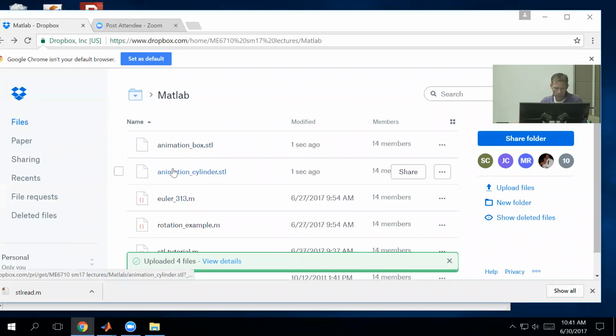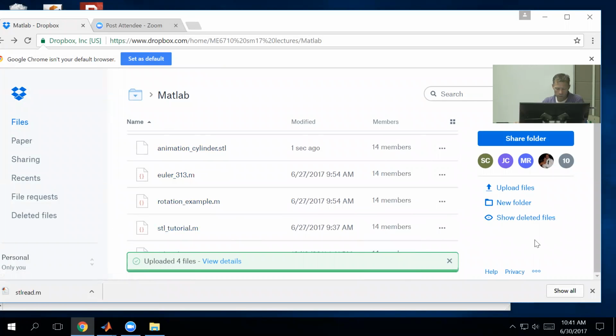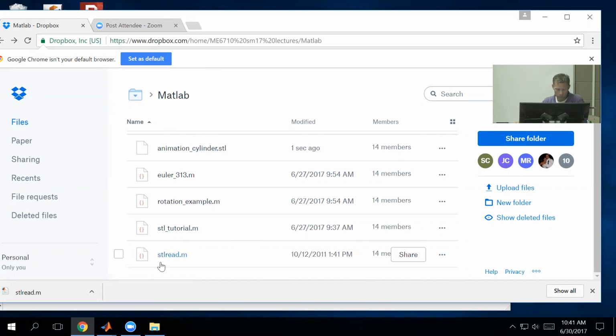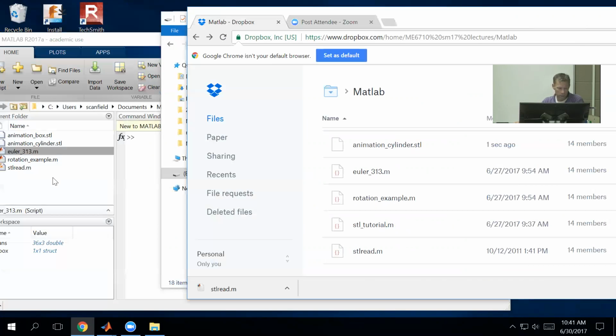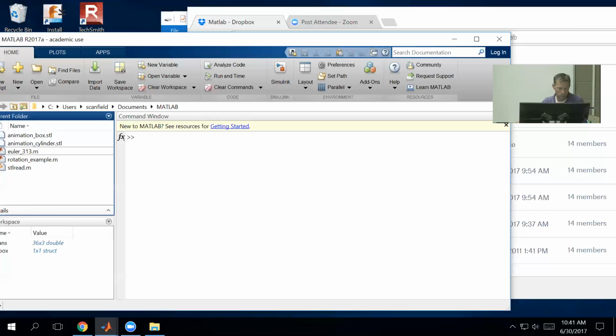One is 2 example files: animation box and animation cylinder. You want to grab those. Then down below, there's the STL Read.m file. Grab those 3. You'll have to select them, download those files, and then I put those 3 into my current